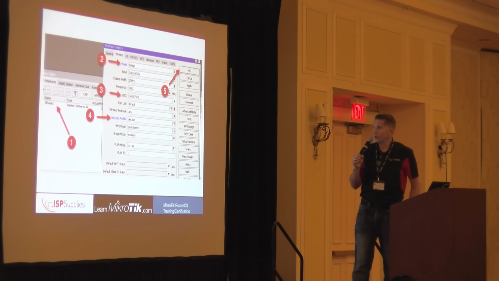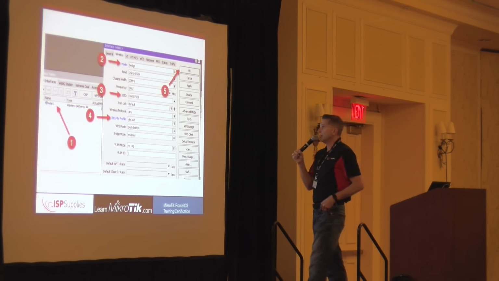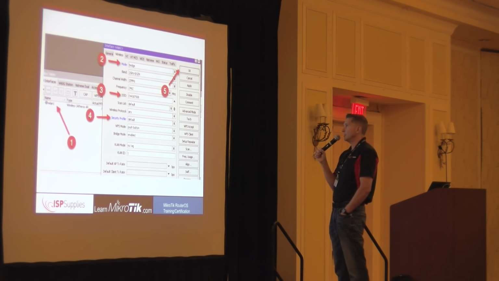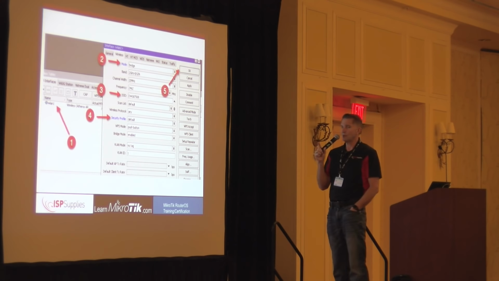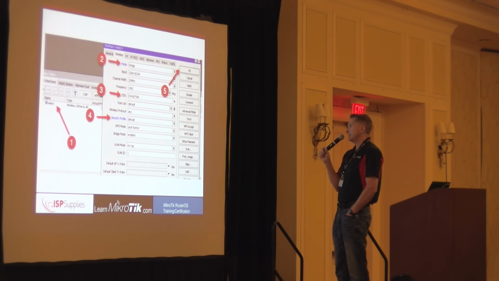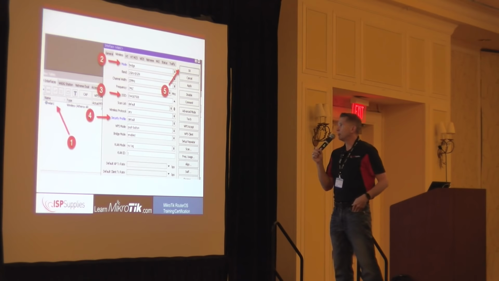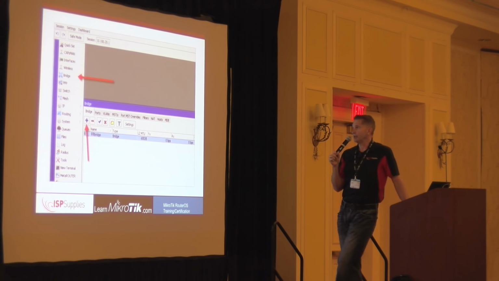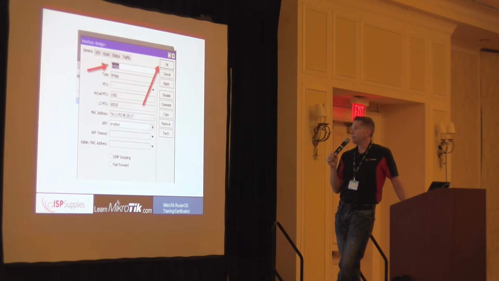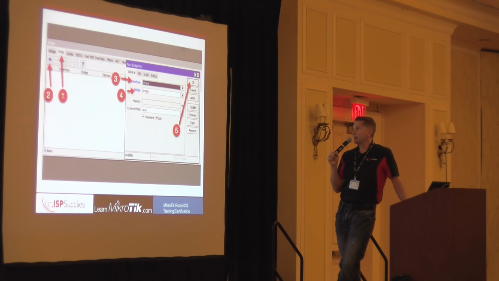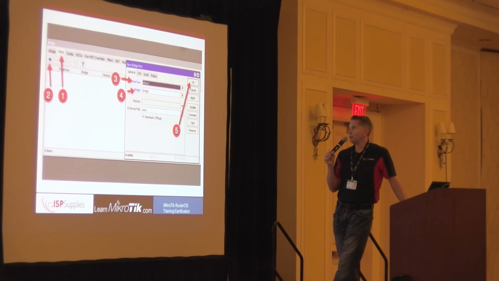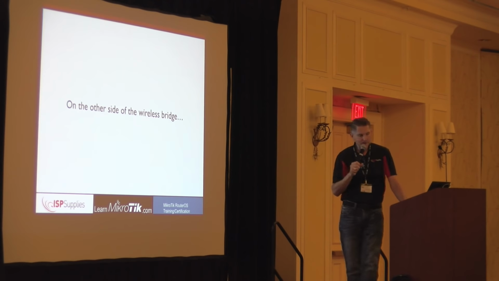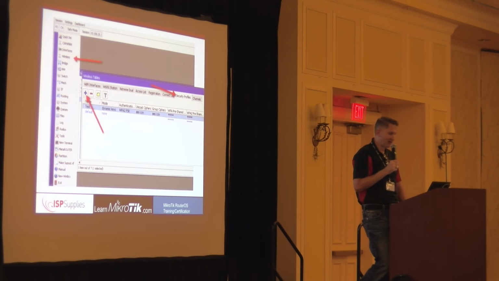Once you've done that, you'll go over to the wireless interface, double click, go to the wireless tab, and set the things with the red arrows here. Bridge mode, that will support 1 station device. Put in the SSID and select the security profile that you just created. Then you'll create a new bridge by clicking the bridge button and the plus sign. Name it whatever you like, and then you'll add the 2 ports that you want to bridge, the Ethernet and the WLAN.